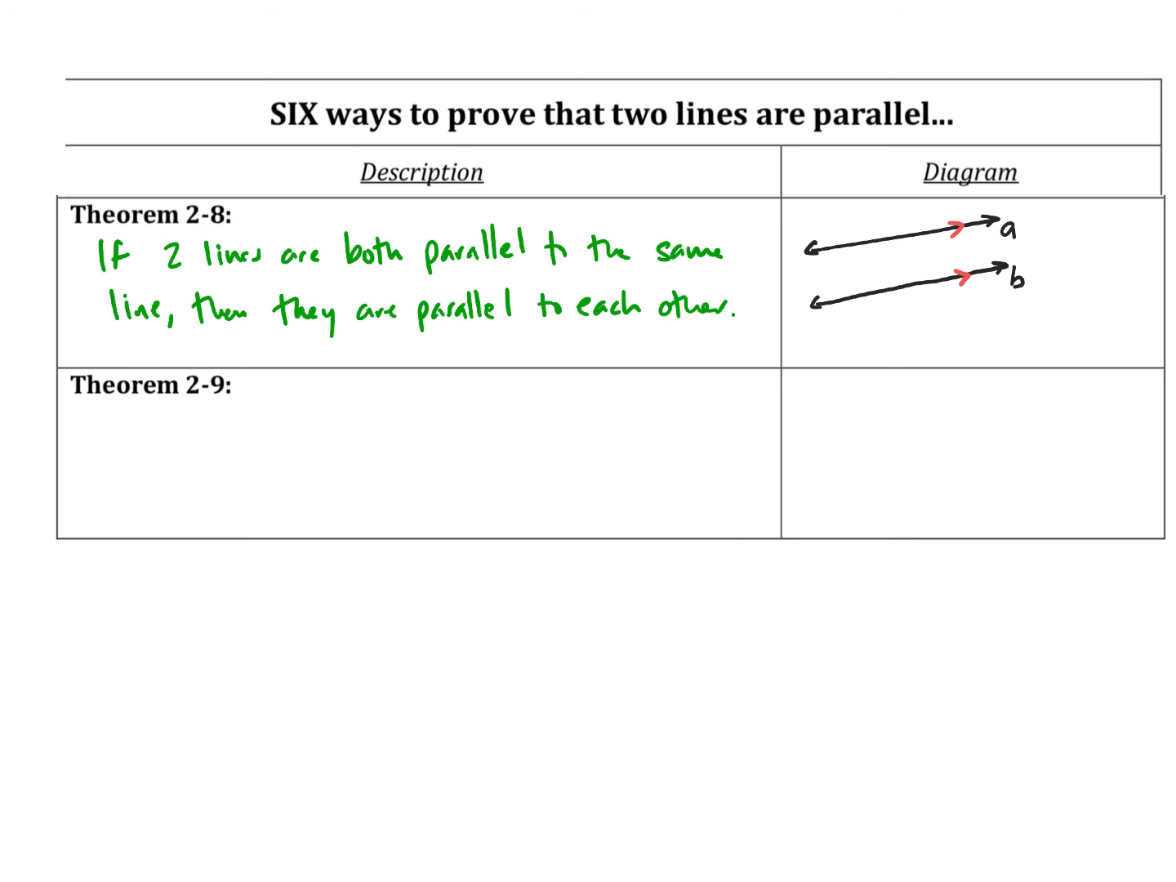Now I'm going to add in line C. And I'm going to say that line C and line B are parallel. So I put those two blue arrowheads there. If that's the case, what that means is that A and C are both parallel to the same line. They're both parallel to B. So we would be able to say, according to this theorem, if A is parallel to B and B is parallel to C, then A has to be parallel to C, because A and C are both parallel to line B. And that's called theorem 2-8,